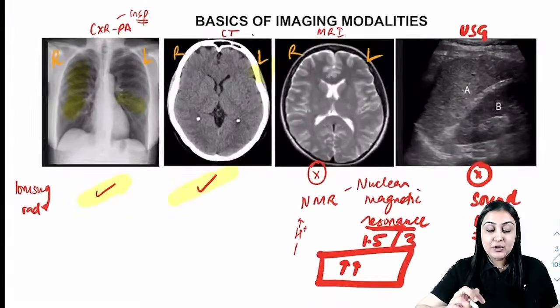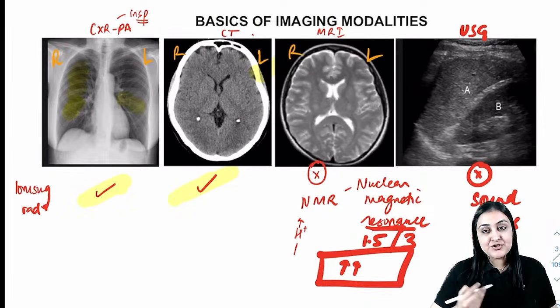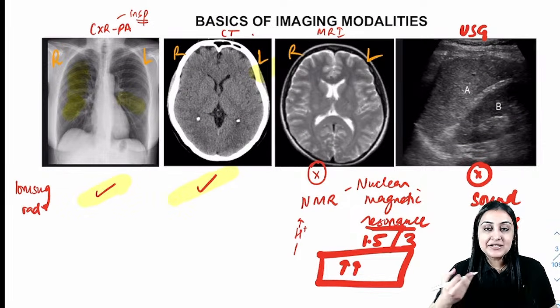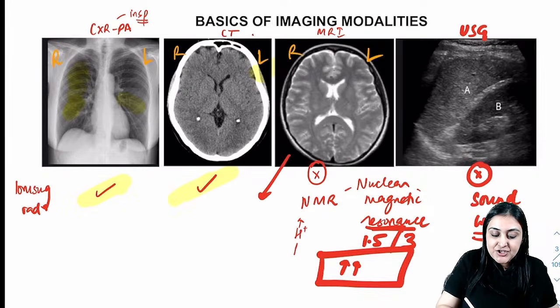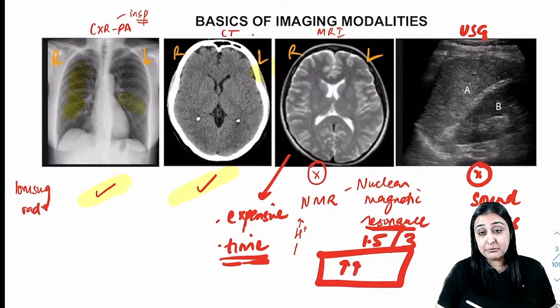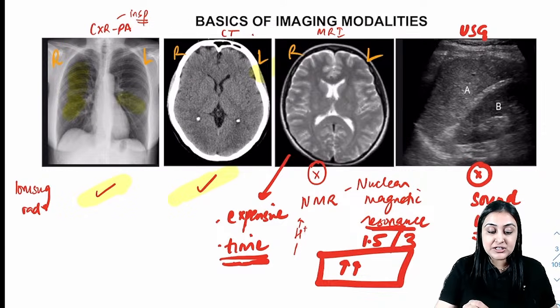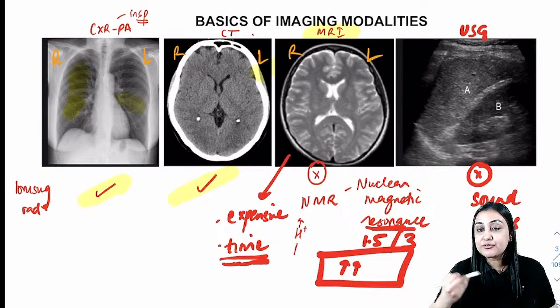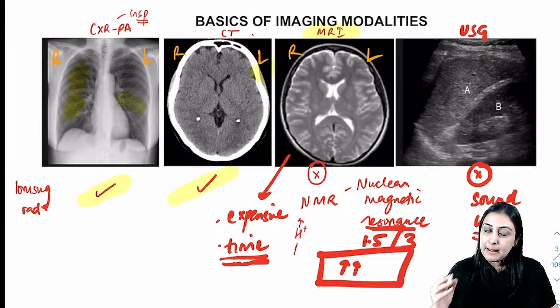The MRI, what is the advantage? Advantage is very good resolution. Advantage is that it has no radiation. But what is the disadvantage? Disadvantage, it is expensive, right? One, it is expensive. Second, it takes time. Right, so it is time consuming. So can I do MRI for an emergency? No, MRI I cannot do for an emergency because it is time consuming, not readily available. But for a tumor, for a bone tumor, for a brain tumor, for a spine tumor, MRI is the best,